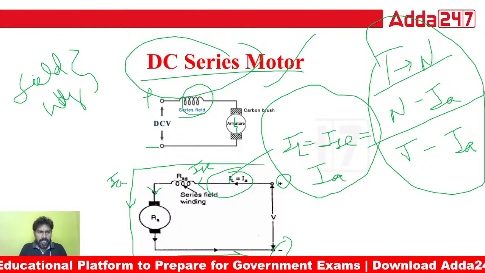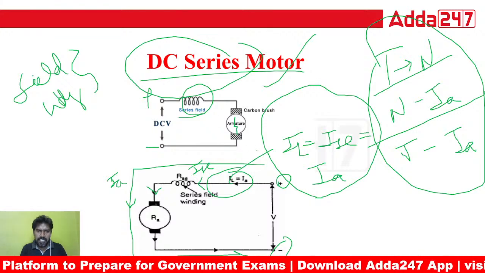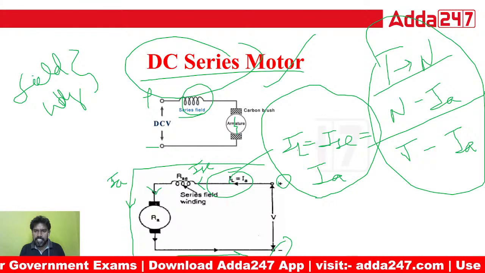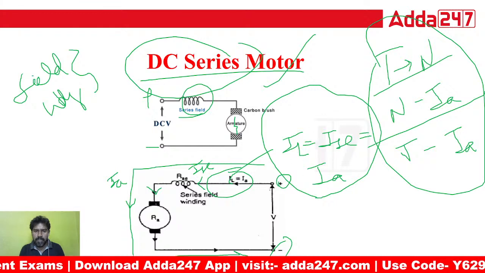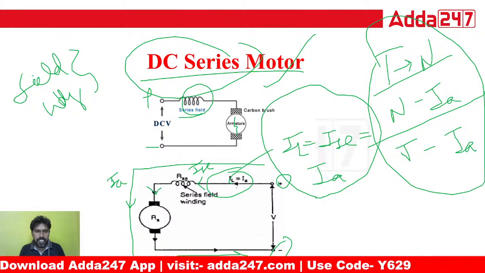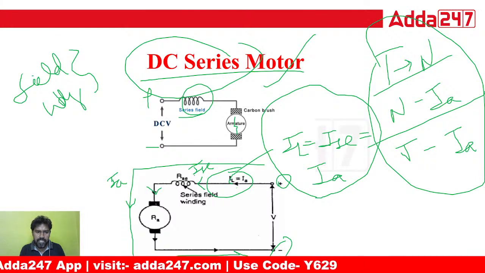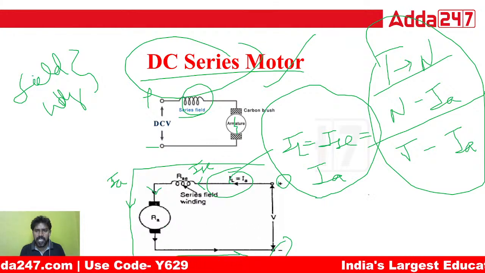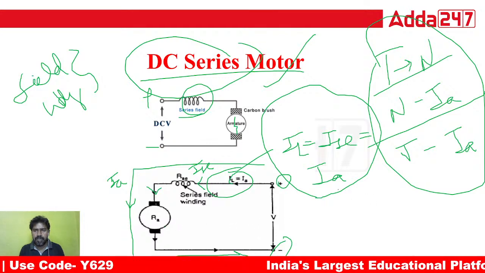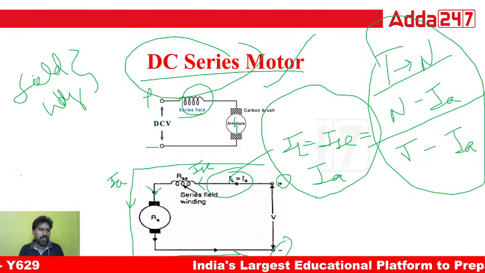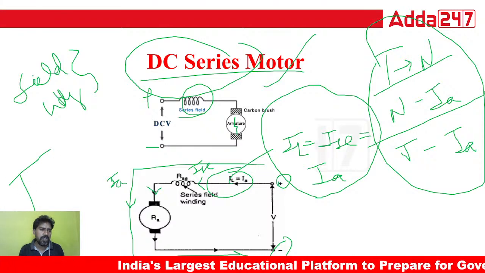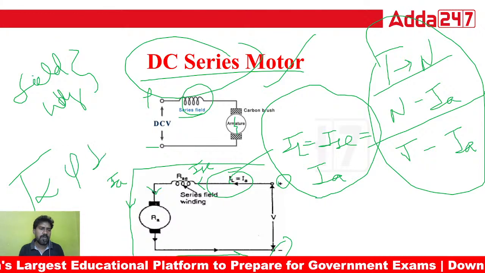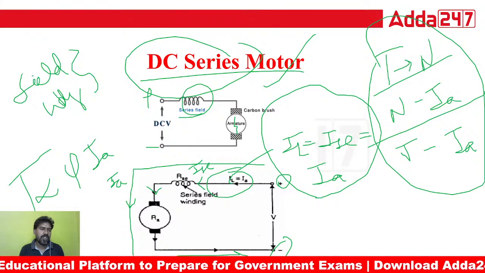Anyhow, here the winding is connected in series with the armature, so we can say it is a DC series motor. For a series motor, the current delivered from the source IL must be equal to the current passing through the series field winding, which is equal to the armature current. So the current will be the same. But you have to know the torque is directly proportional to